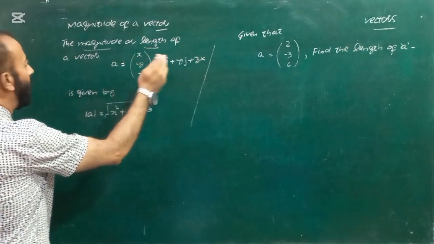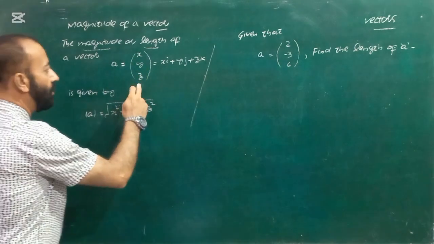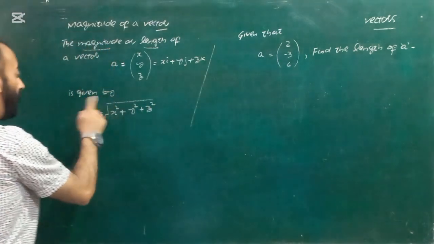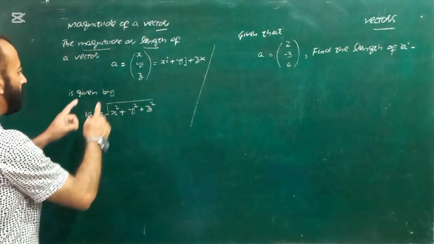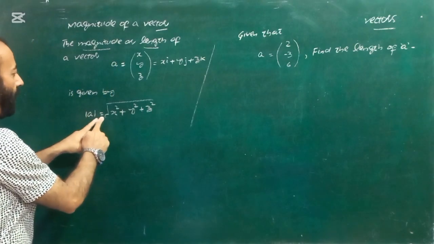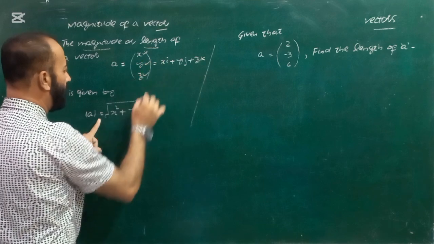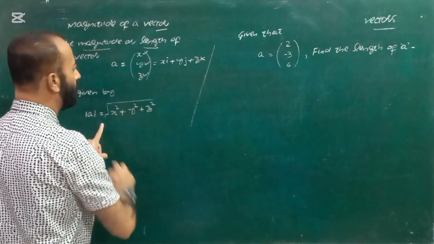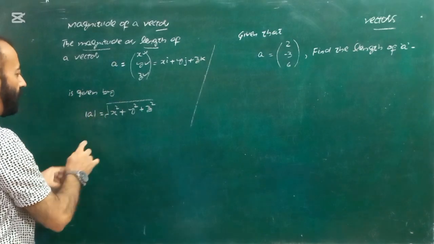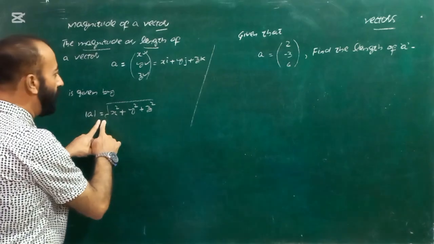The magnitude or length of a vector A equal to (x, y, z), which can also be written in the form xi plus yj plus zk, is given by: first you will put mod around the vector A, and then it will be equal to square root of x square plus y square plus z square. So listen again. First you will write mod, that is the sign of the magnitude, that will be equal to